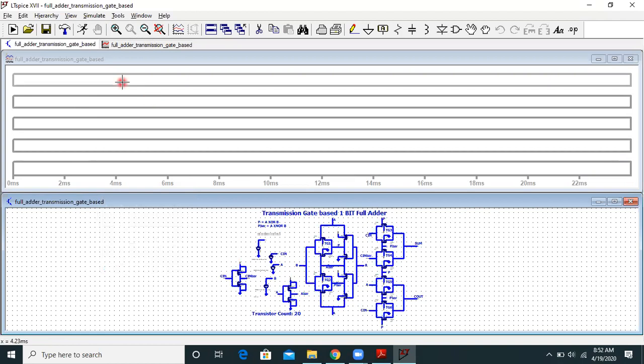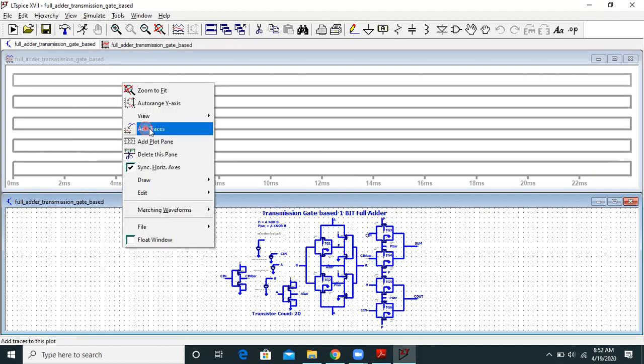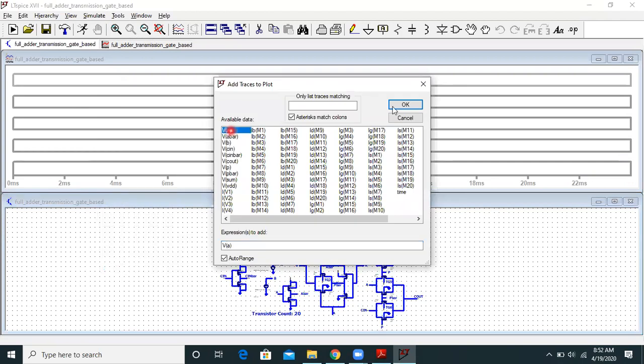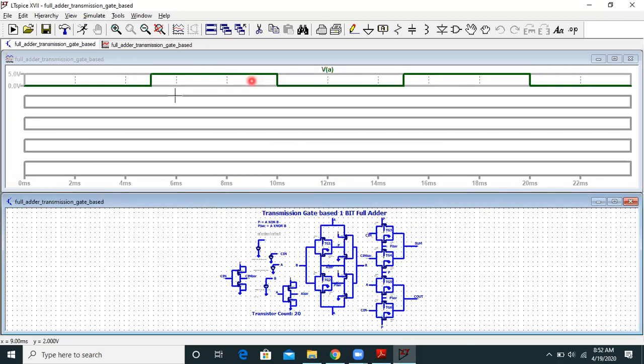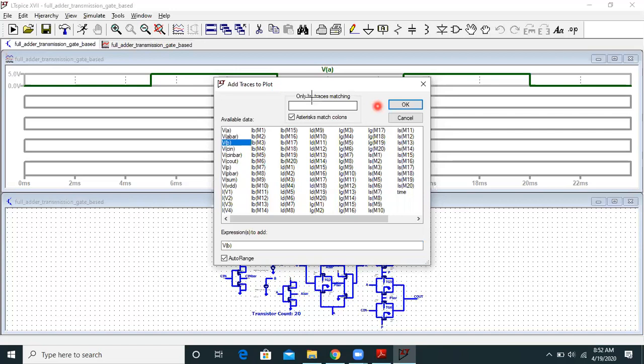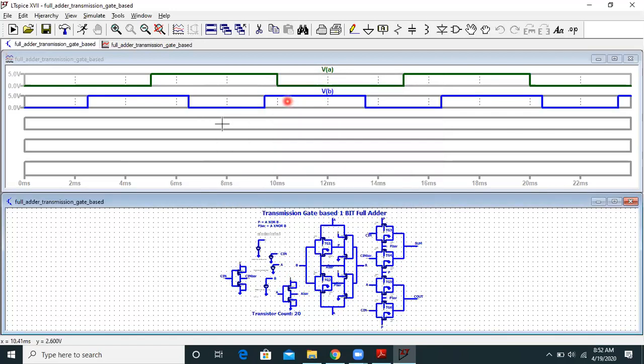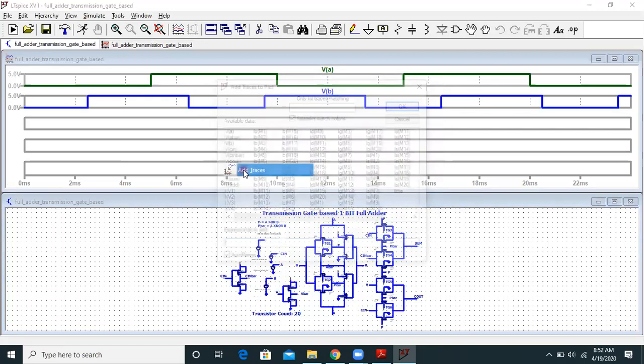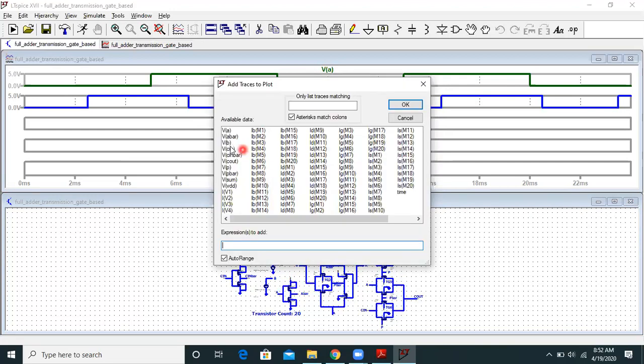First we will plot A. So this is my A. Next we will plot B. So this is B. Next we will plot Cin. Cin is my initial carry to the circuit.